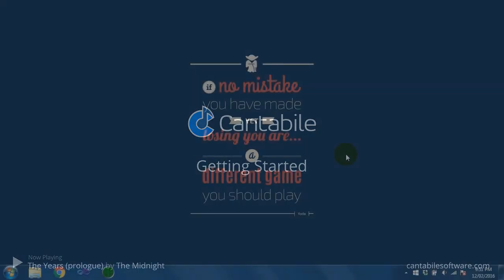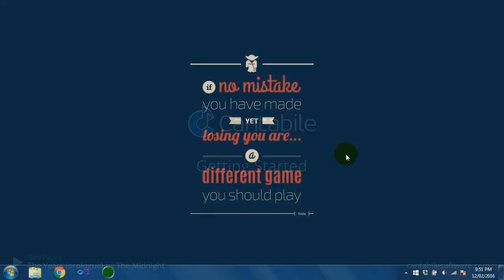Welcome to this Cantabile walkthrough. Today I'm going to show you how to get started with Cantabile, how to install it, how to download some plugins, load them into Cantabile and get them up and running, and a couple of tips and tricks along the way. So the first thing you want to do before you do any sort of real-time audio work on a